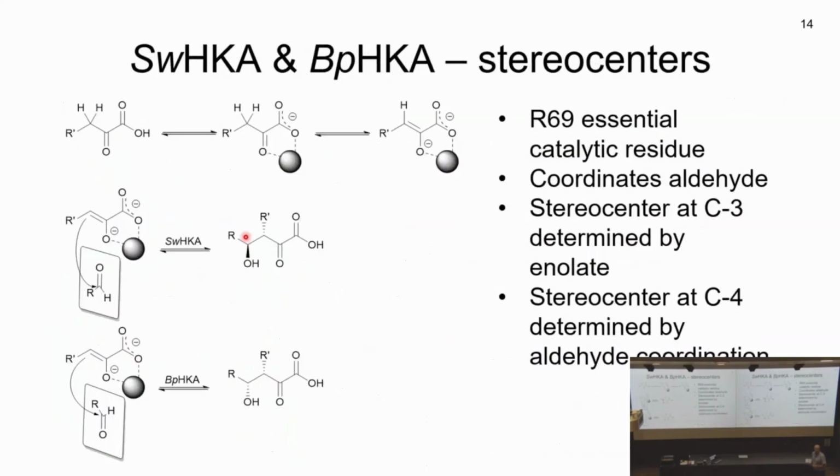And this is then the picture for the chemist, and since I'm still a chemist, I quite like to draw these pictures. So we've got the coordinated pyruvate, we deprotonate, we get our chiral enolate. And then we get the nucleophilic attack on the aldehyde, either like this or like that, and depending on which way around, the stereocenter here is different. The stereocenter here is always the same as both enzymes coordinate the hydroxypyruvate in exactly the same way.